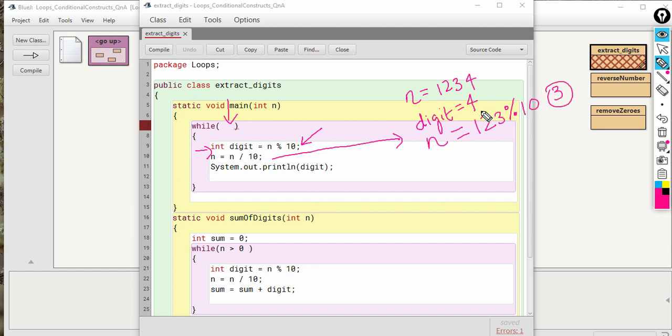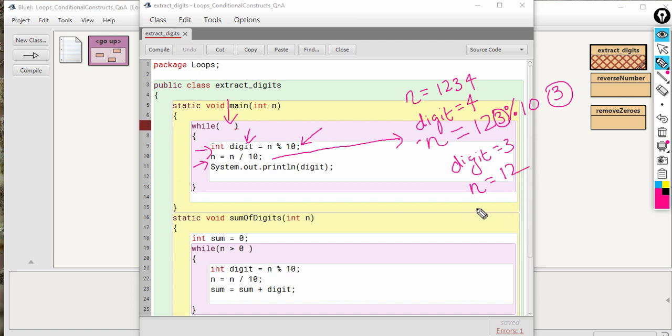This 3 is the last digit now, so in digit we will have 3 this time. Again we will eliminate that 3 by using n is equal to n divided by 10. So in n we will have 12 now.